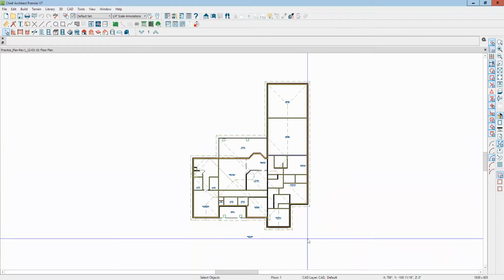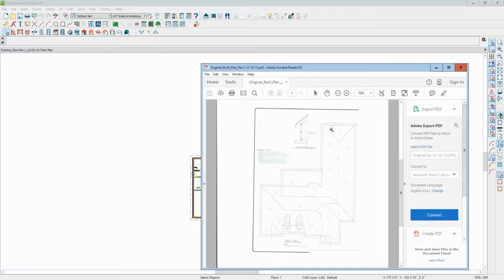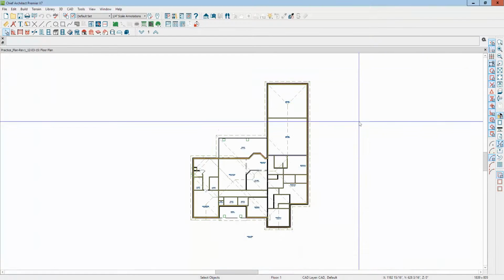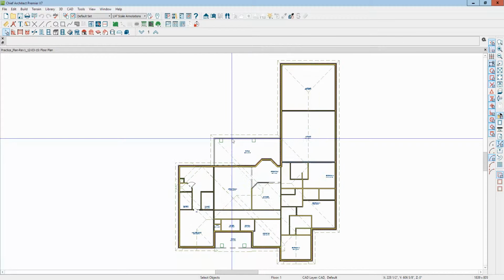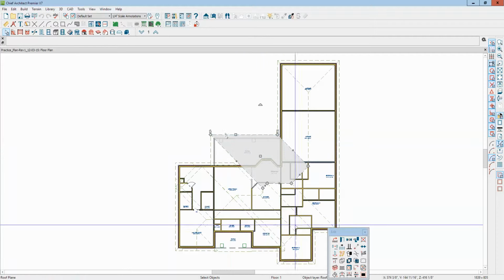As far as I can see, you did pretty well. If you look at the PDF, that's a hip and gable. This gable's missing, but the beginnings of that gable are there. Now I can tell from the drawing that this pitch back here over the porch,